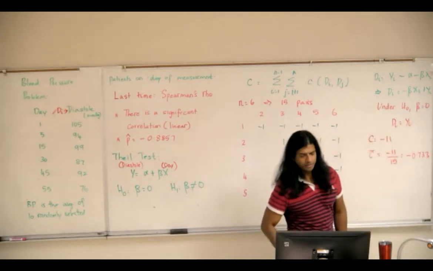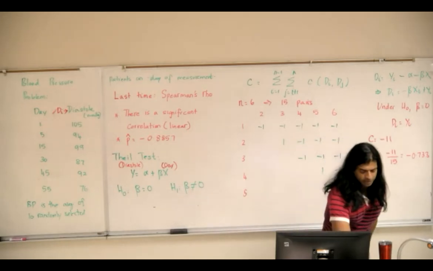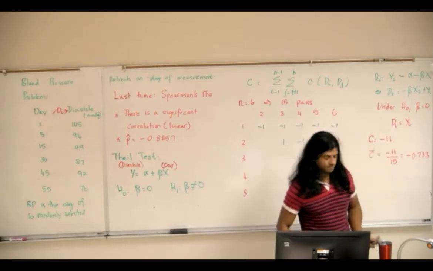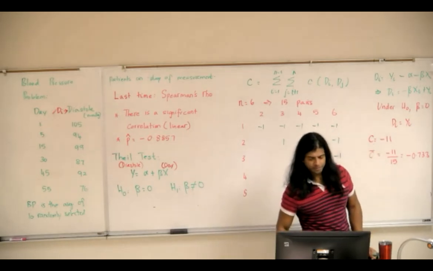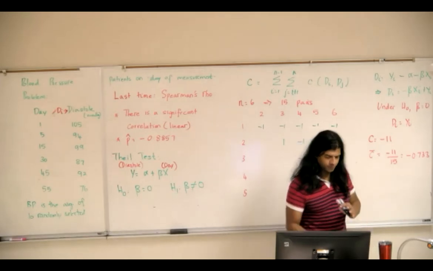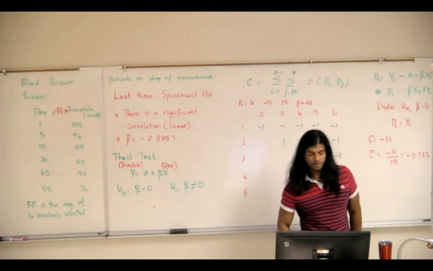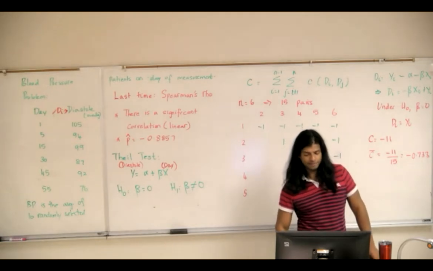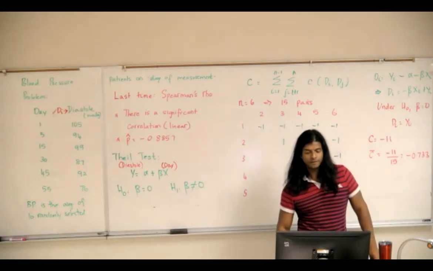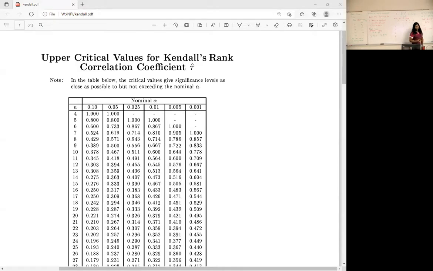How do we come to a conclusion when it comes to Theil? Theil sort of has its basis in Kendall. So I have the Kendall table of critical values. If you observe, if I pick an alpha of 0.05,